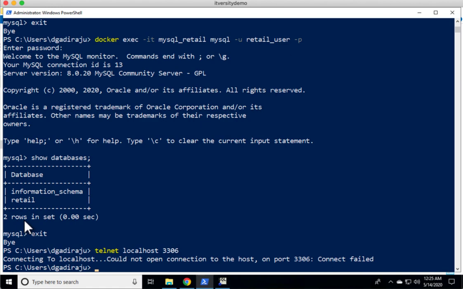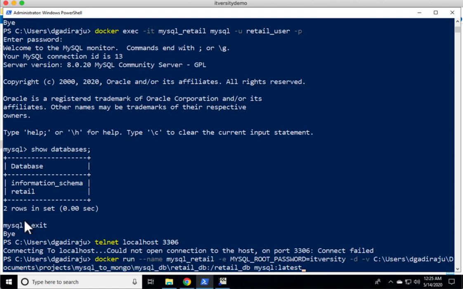The main reason is when I actually started the Docker container using the docker run command, which is nothing but this one, I haven't used the argument called -p like this, and I haven't bound the port on which MySQL is running as part of the container to the port on the host.